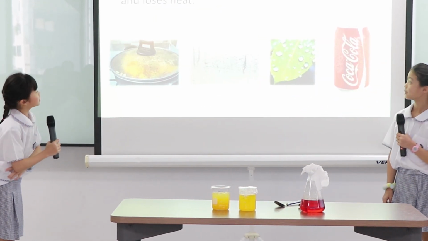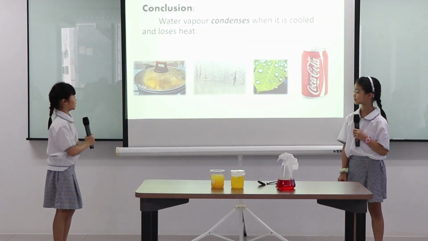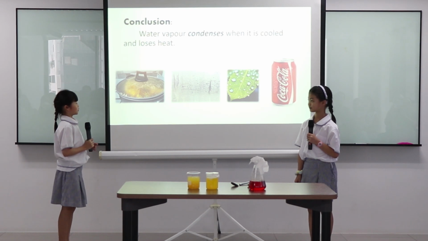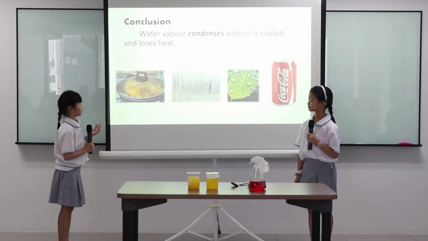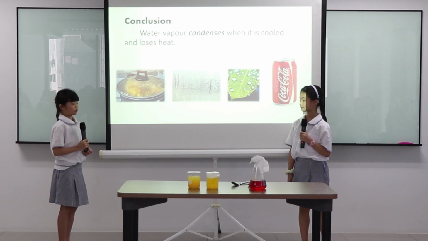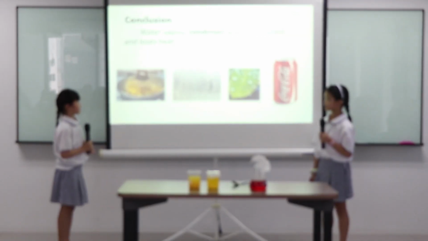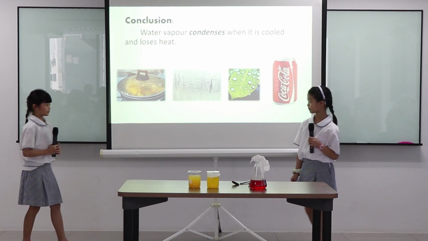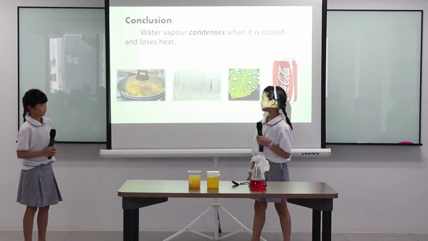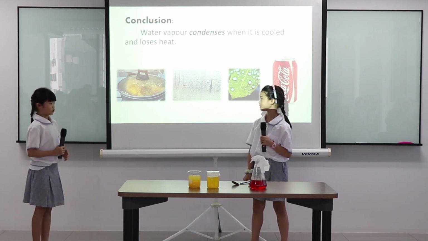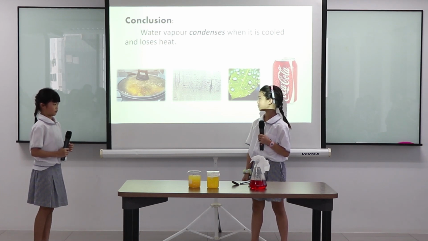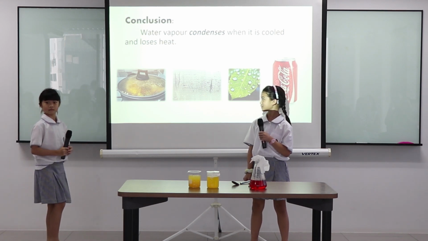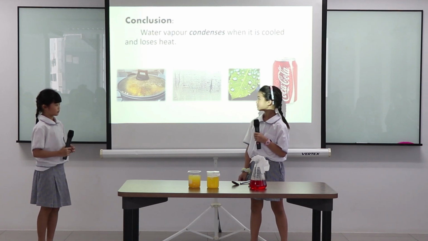Conclusion. Water vapor condenses when it loses heat. You will observe this every day. Like when someone's cooking, on the lid there will be droplets of water. That means when water gains heat, it turns into water vapor and touches the lid, and turns into water droplets. And when you take a warm bath, you will always observe this on the glass. So when the water evaporates and touches the cold surface of the glass, it condenses from gas